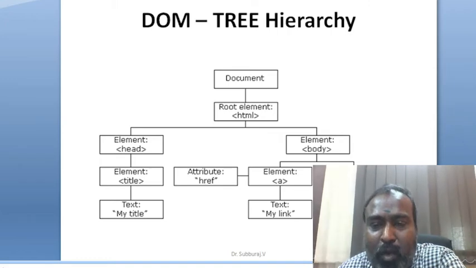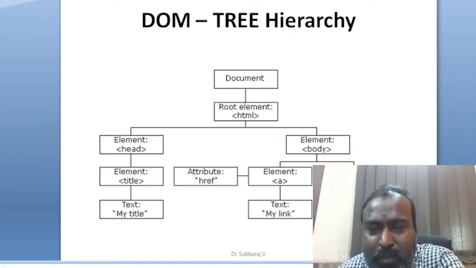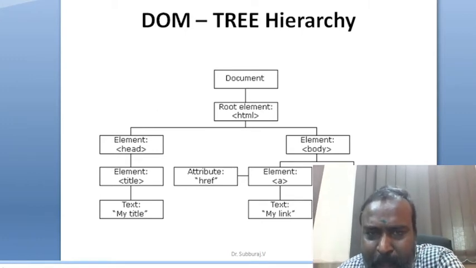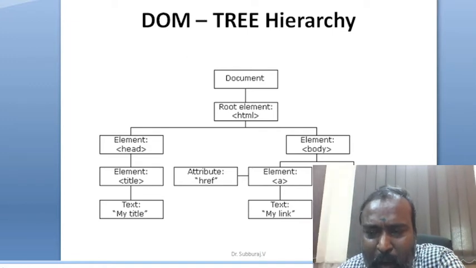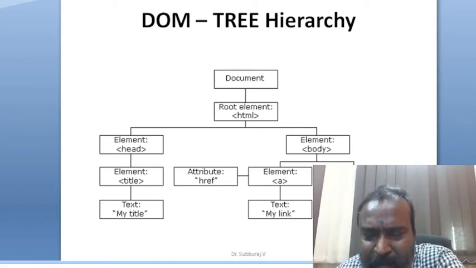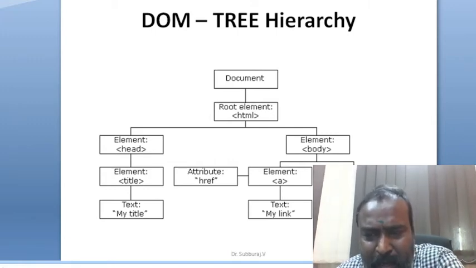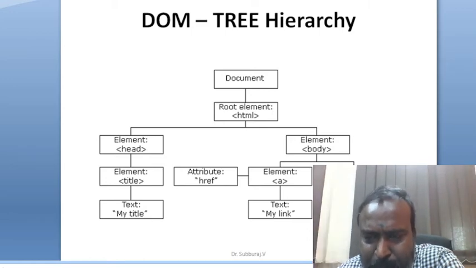This is the diagrammatical representation of the DOM tree. This is the document, and the root. Generally you start with the HTML tag, and we consider that as the root. Below the HTML tag, whatever controls we add, everything will be an element. For example, even a login screen will have a user ID and a password. The user ID text box will be element 1, and the password text box will be element 2.